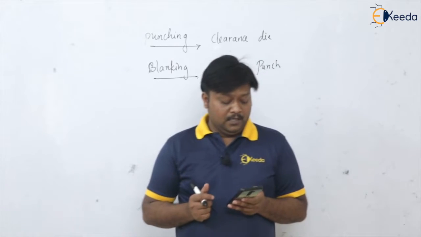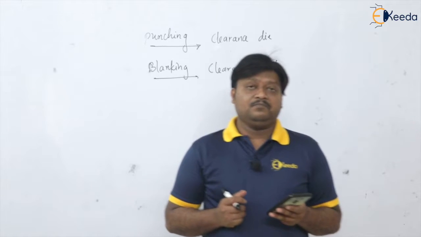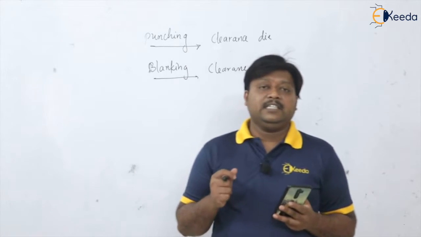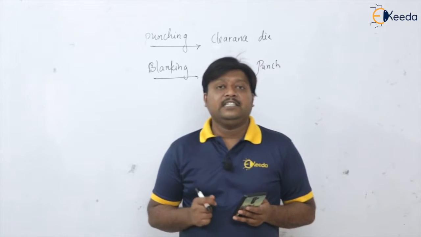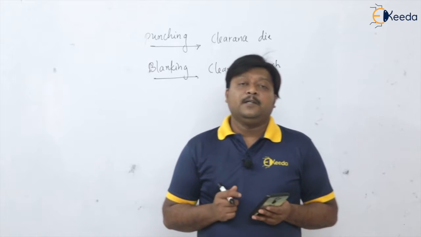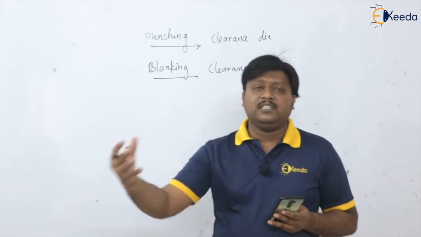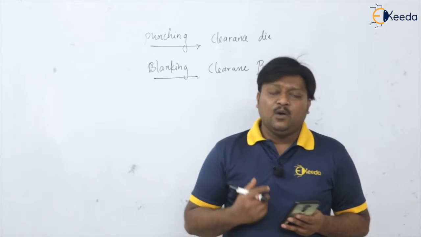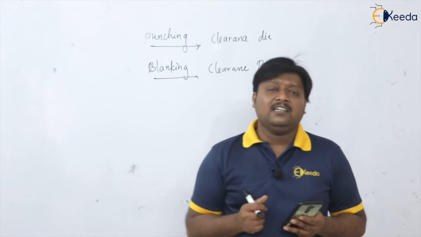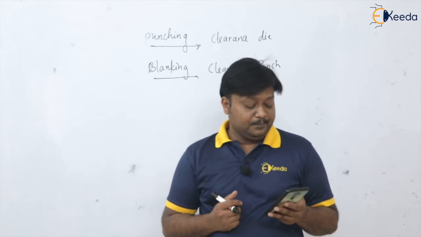Next question. Wrinkling is a common defect found in. I hope there is no need of options. We know that this is a very common defect we can get in the deep drawing operation. This is because of lifting of the sheet, which produces foldings on the flange portion. Sometimes they extend up to the wall thickness. So we have these two types, flange wrinkle and wall wrinkle. So deep drawing operation is the correct answer.